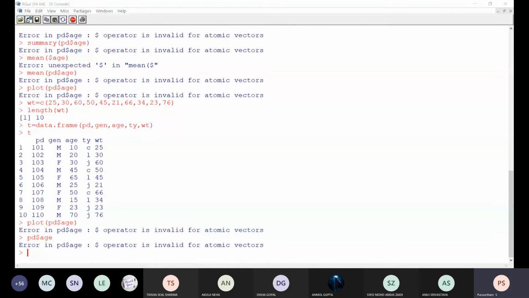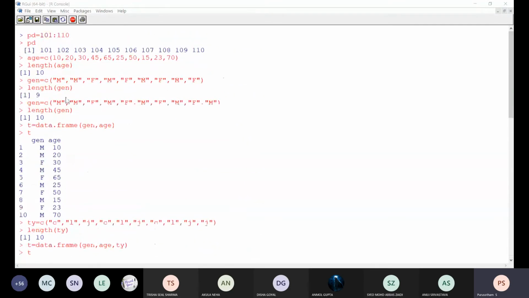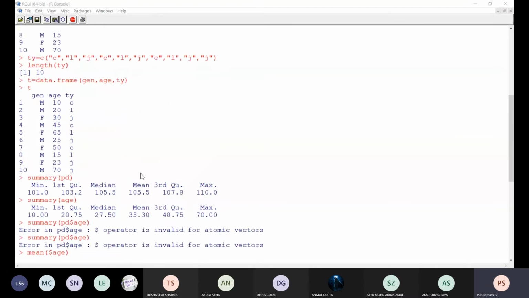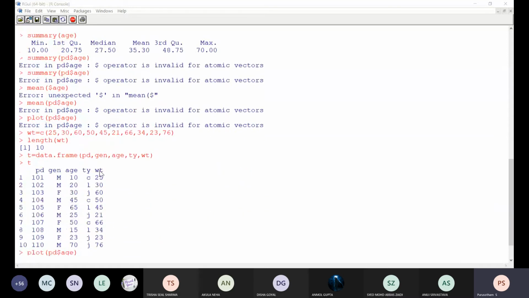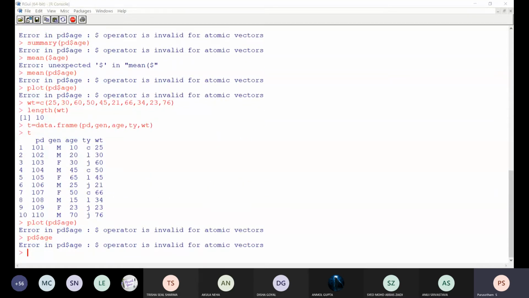Why is the dollar symbol not working? Where is the data stored? In which variable is it stored? Is it in PD or T? Scroll down, please. See your tabulated data. Is it in PD or T? T is equal to data dot frame.